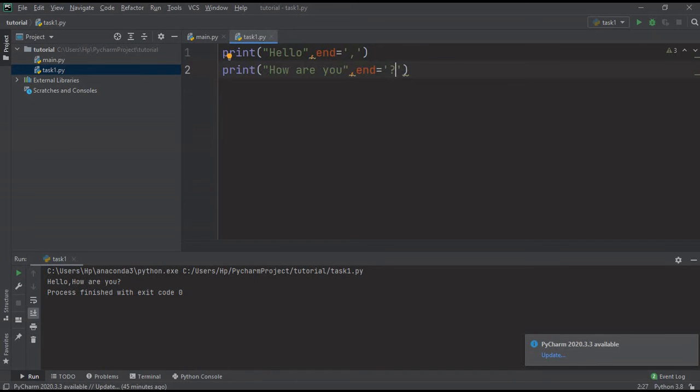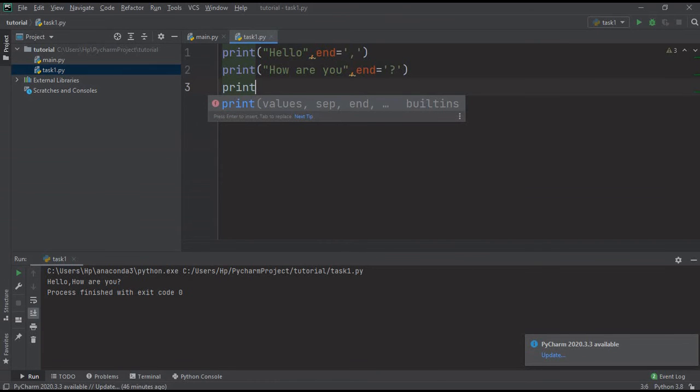Yes, you can see that it is not ending with new line, but the first hello it is ending with comma, and the second statement, the print method is ending it with question mark. Okay, so in this way you can experiment with the print method.